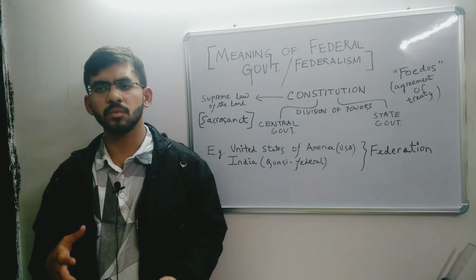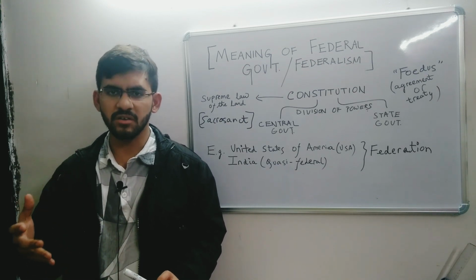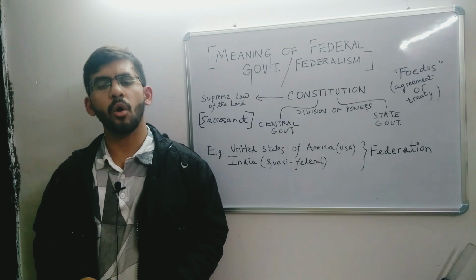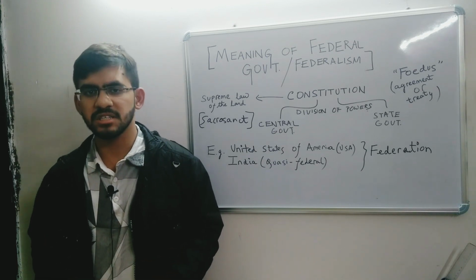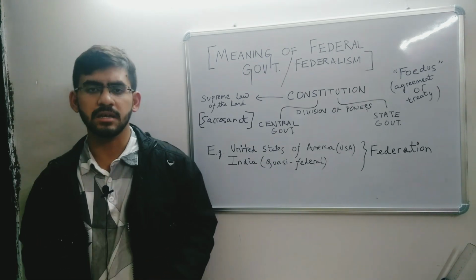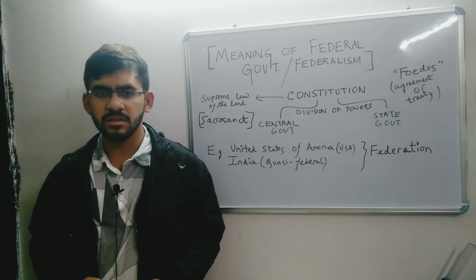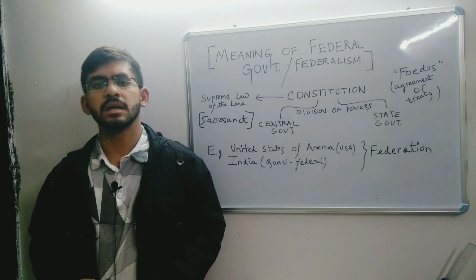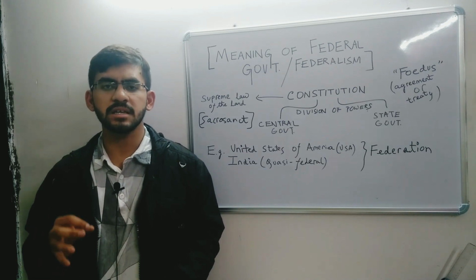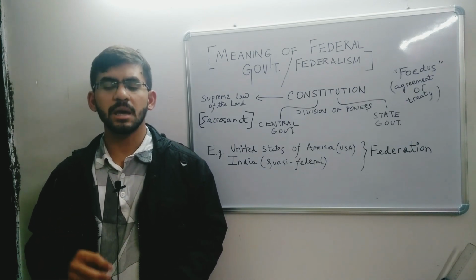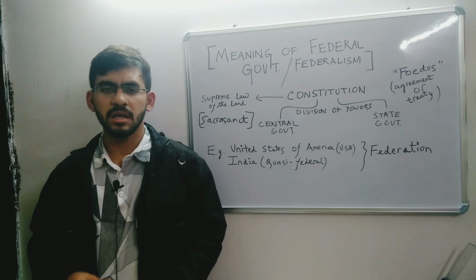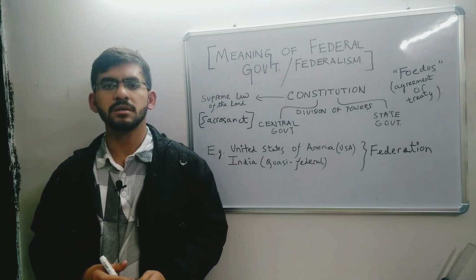It's a state which follows federalism to some extent and also has unitary features, which is why it's called a quasi-federal state. Even in that, India has the largest constitution in the world because it accounts for each and every detail which has to be kept in mind or which has to be implemented while we are following a federal